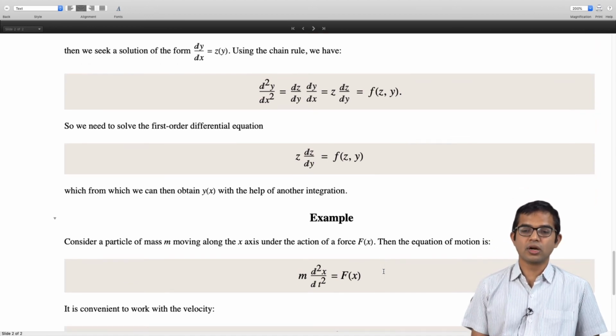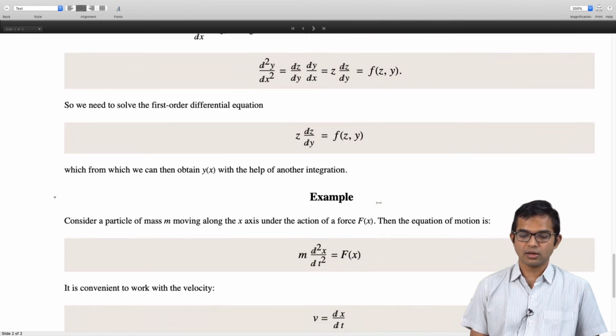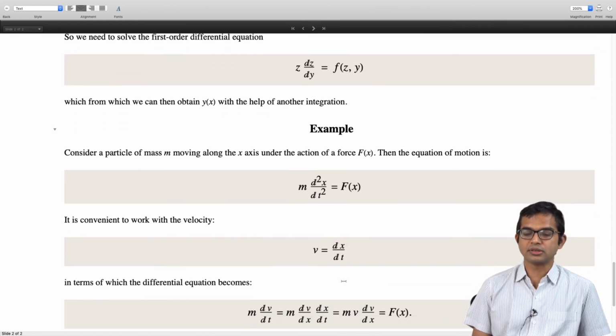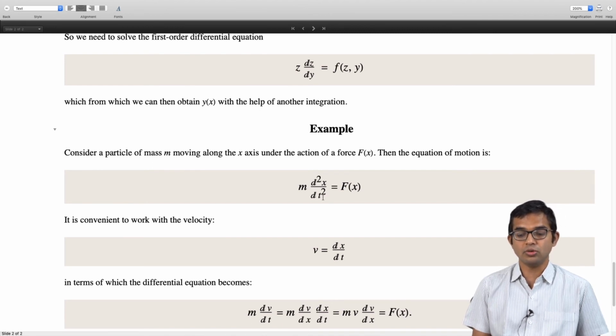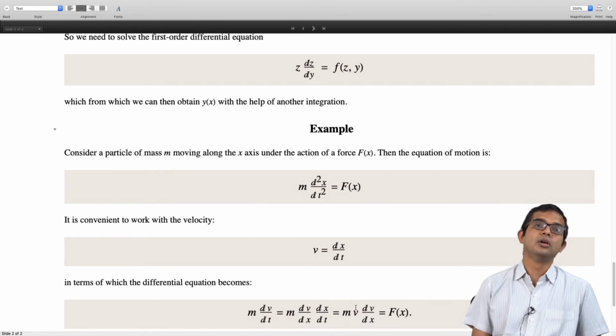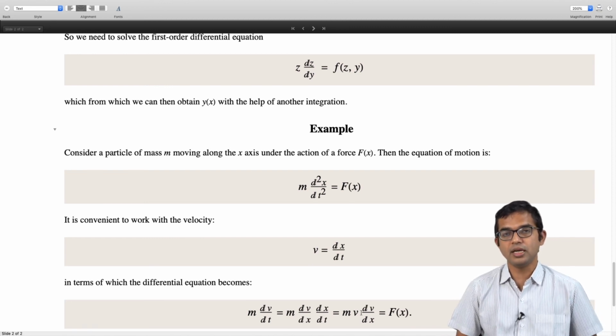So it is convenient to work with velocity, right? The point is that this substitution is really like thinking about it in terms of velocity, v is equal to dx by dt. And now comes the clever part of this trick. Writing this differential equation as m dv by dt is equal to f of x will not do, but you have to realize that this m dv by dt is the same as m dv by dx times dx by dt. So in fact you can think of this as m v times dv by dx, velocity as a function of position. So time is eliminated entirely, and so you have m v dv by dx is equal to f of x.